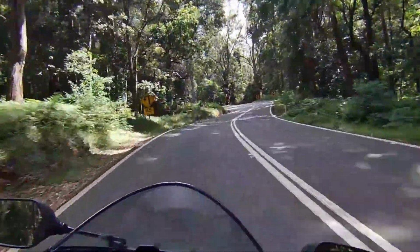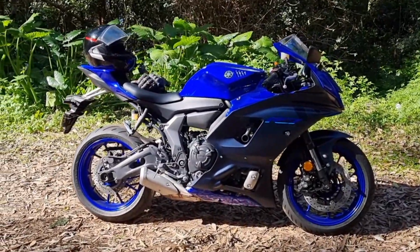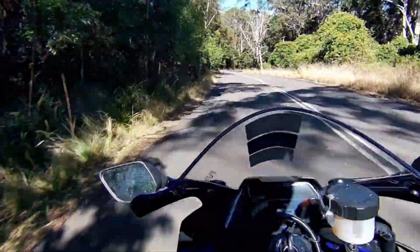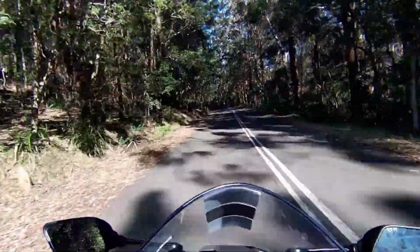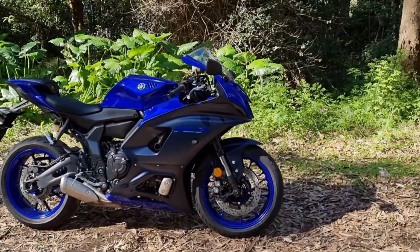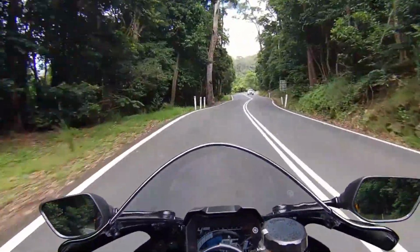So it's a proven cross-plane crank engine, and they've used this in many different models. Now, the learner approved version has the 655cc CP2 engine. So it's just down on power, so it comes under the learner approved motorcycle scheme laws here in Australia, and I think it's also for sale in New Zealand. So I think Australia and New Zealand are the only countries to my knowledge that get the learner approved version of the Yamaha R7. And both bikes come with a 6-speed gearbox,